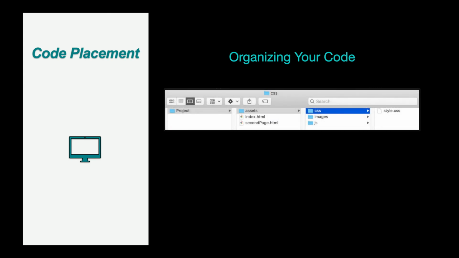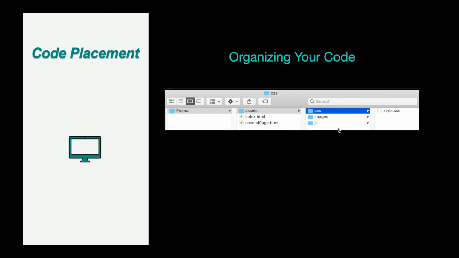When you write code, it is important to get into the good habits of organizing your code. While there are no specific rules about how and where to place your code, there are definitely conventions. The most common organization is to have one main folder with your HTML files in it, and then you have a subfolder called assets with further subfolders for your CSS files, image files, and JavaScript files.